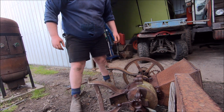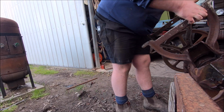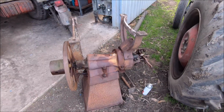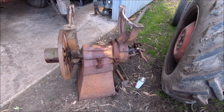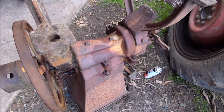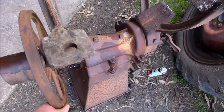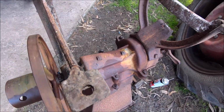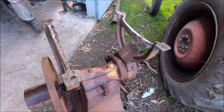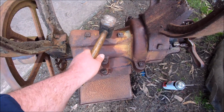Hopefully we don't wreck the tin part. It should be strong enough, I think. Okay, well that's what it looks like upside down if you wanted to know what that looked like. So, spinning freely still. I don't want to break it, it's all cast. I just want to give it a little tap, but